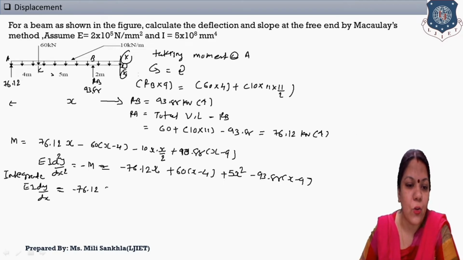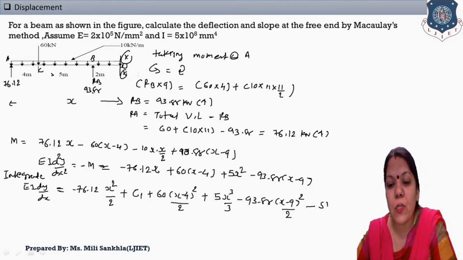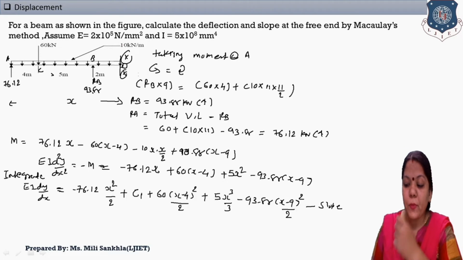76.12, and the integration of x is x² by 2, plus the added constant C1, then plus 60 (x minus 4)² by 2. Next, plus 5x³ by 3, minus 93.88 (x minus 9)² by 2. This is the equation of slope. Now in the next step,